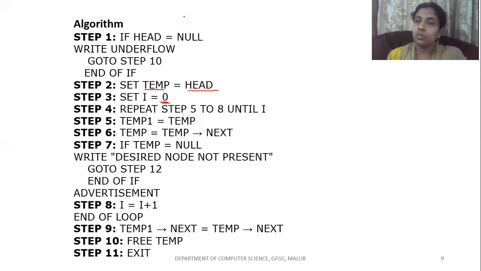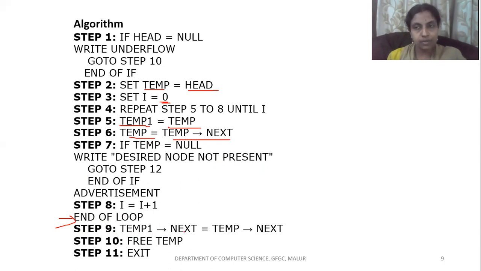Otherwise, you need to move one more step. When you move to the next step, that particular second node will become temp node, and the first node will become temp 1 node. You need to set it like that. See, temp 1 node is going to be temp, and temp is equal to temp of next node. After setting that, you need to come to that particular desired position. After coming to the particular position, we will finish the loop, and the loop will terminate and we will come out of the loop.